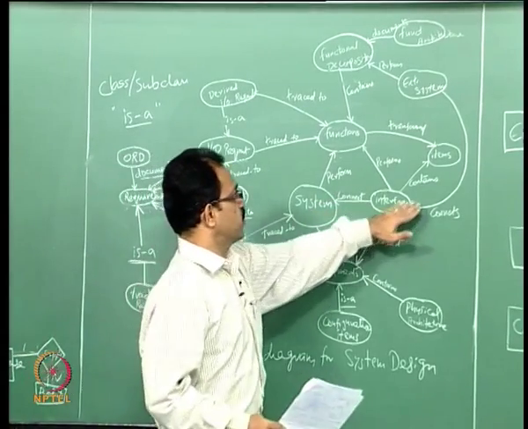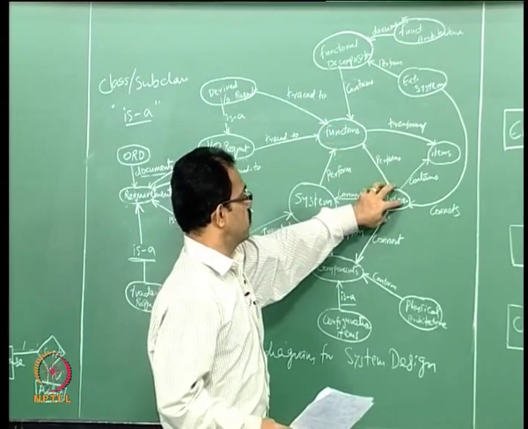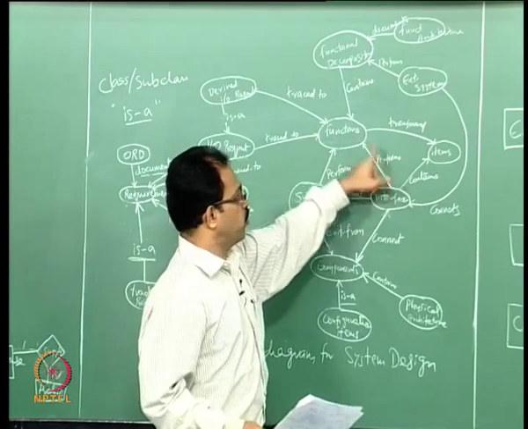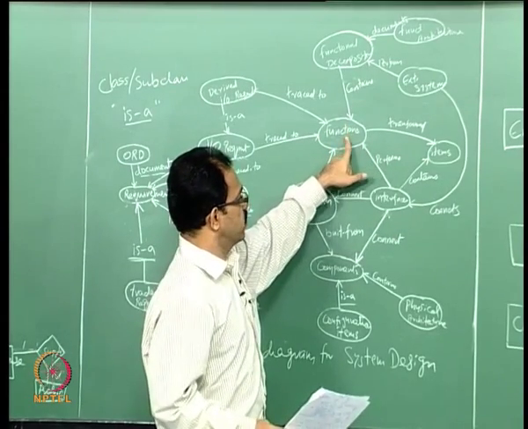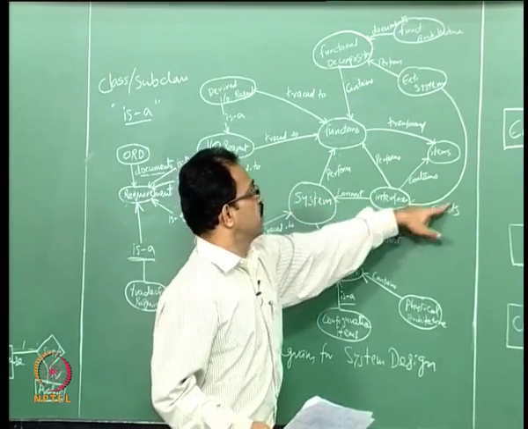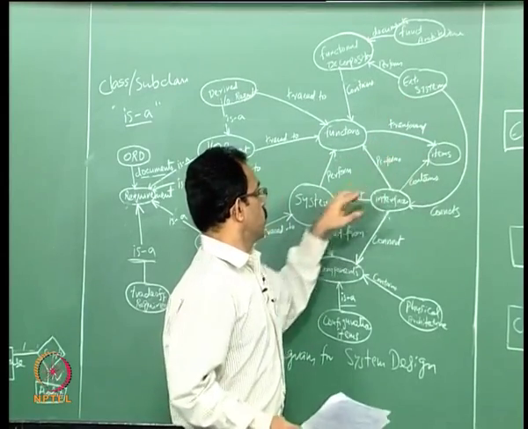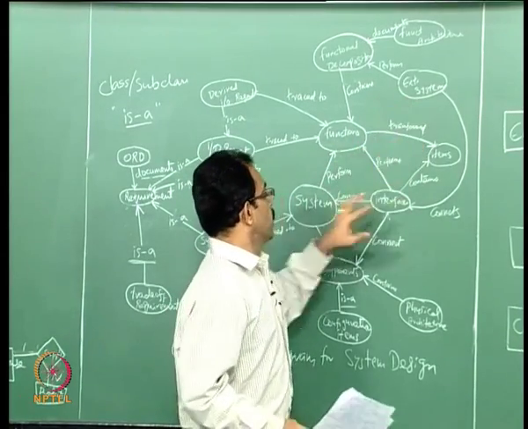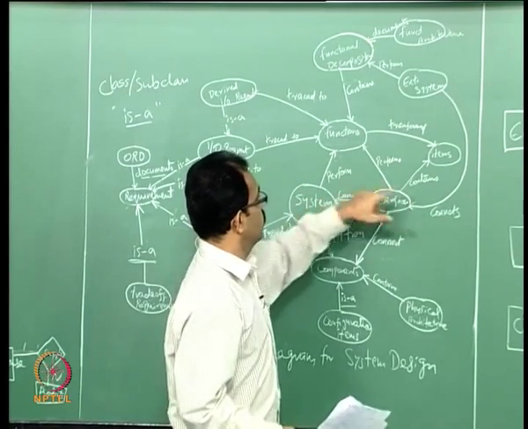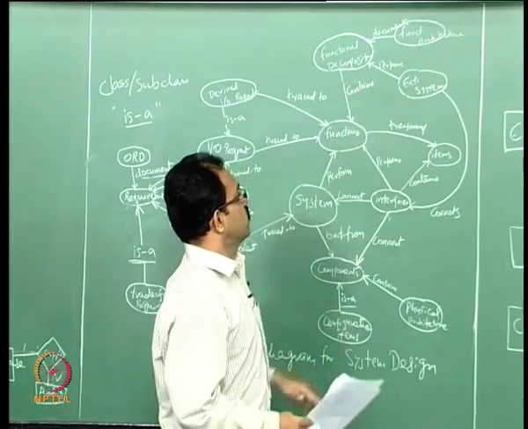And similarly, interface has got many connections with other entities. So, if you take interface as one entity and the functions as one entity, you can see that interface performs some of the functions identified in the function for the system. Similarly, the interface connects the system as well as the external system. So, the relationship between the system and the external system is through the interface entity, and it performs many of the functions of the external system also.